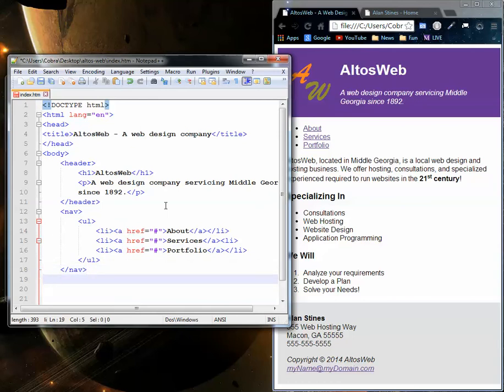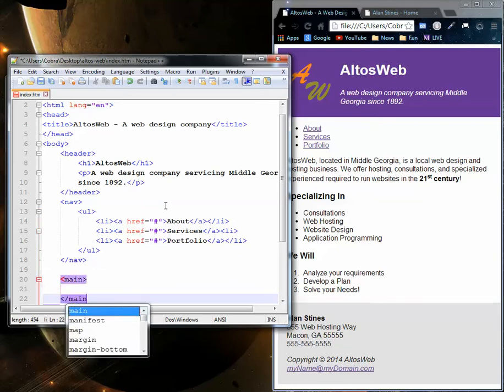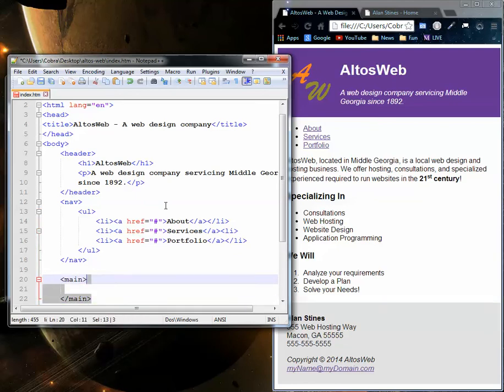That's the nav section. And I can go ahead and create, I'm going to call it main, because for whatever reason, Notepad++ doesn't like a main tag. It won't highlight it. I don't know what's up with that, but it is a valid HTML5 tag. For whatever reason it doesn't do it, so I don't usually use it, because Visual Studio I think does the same thing. Anyway, we're going to have a paragraph tag to start that off with,